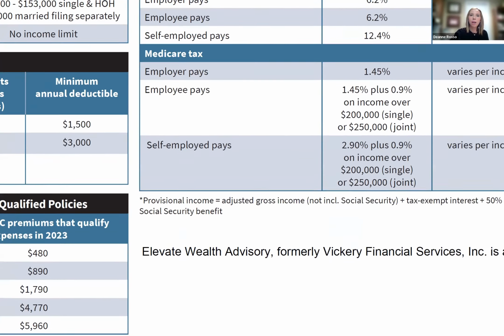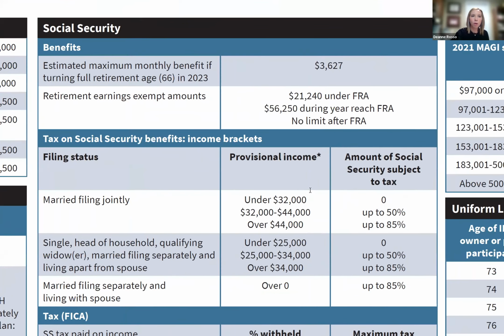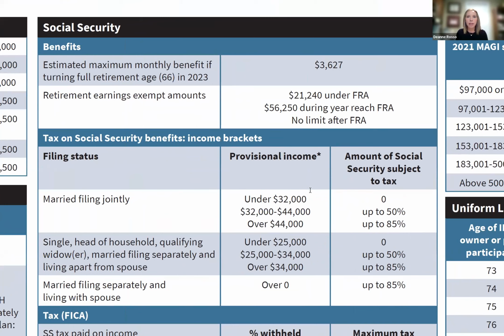All right, shifting now to the middle of this card. Got just a few more bullet points to hit today. Social Security. One thing that I always like to share with everyone about Social Security is that the tax you pay on your Social Security dollars depends completely on how much income you make elsewhere, plus half of your Social Security. So it's something called provisional income.